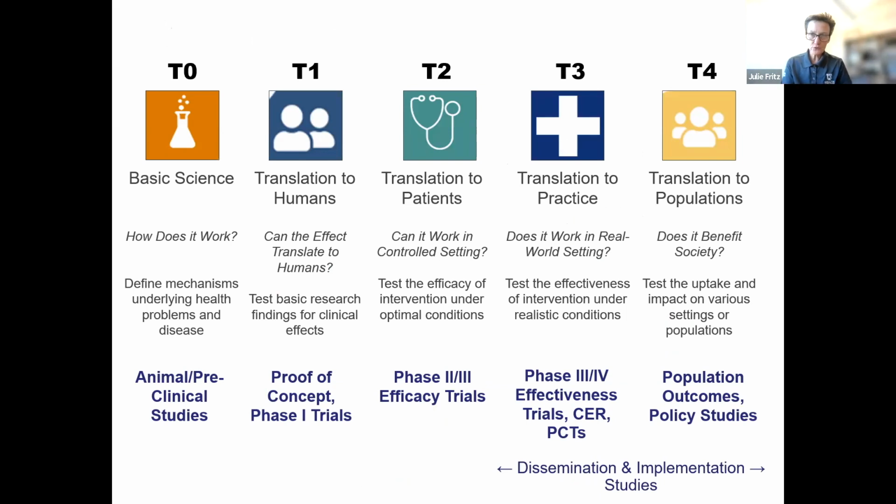And I think it's also useful to put the discussion of pragmatic clinical trials into an overall translational research framework, just to understand where this particular type of research fits in a translational pipeline. So you can see really most PCTs, comparative effectiveness research, fit into a translation to practice or T3 domain, and have a lot of connection and overlap with dissemination and implementation research, which is often an aspect of pragmatic trials